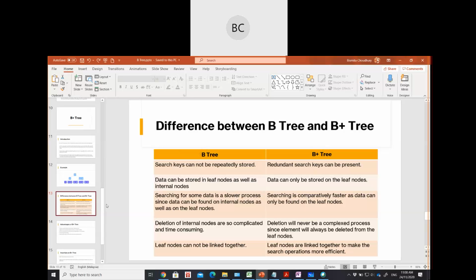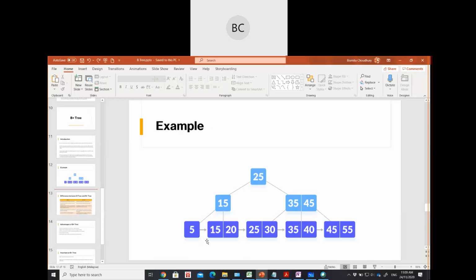Multi-level indexing. So this is all about multi-level indexing using both B tree and B plus tree. So what is the advantage of B plus tree? We can access and fetch all the records in an equal amount of time. Then the height of the tree will remain balanced and a bit less compared to B tree. We can also access the data stored in a B plus tree sequentially, because all the records will be at the leaf node, and the leaf node is more like a